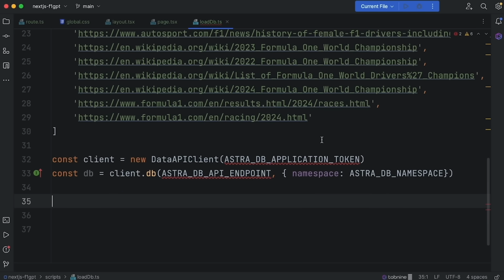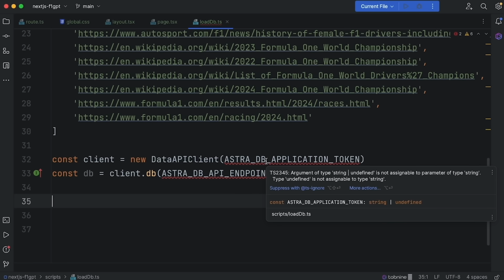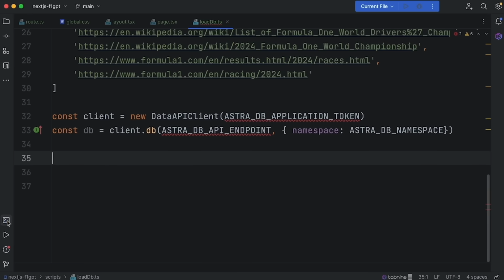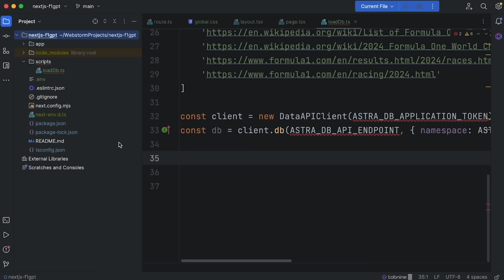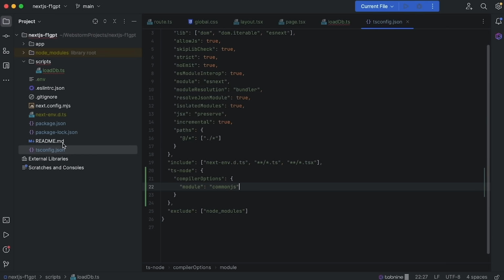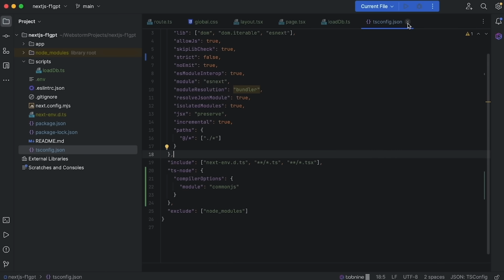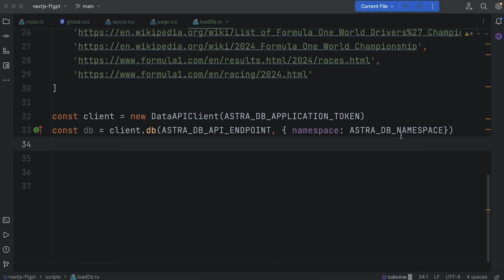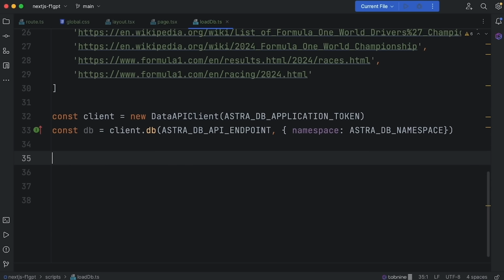Great. Now you will see this coming up in red. This is because we have been very strict with our TypeScript. So if we go back in here, I'm going to save this file, go to tsconfig, put strict as false and hit save. Great, that will get rid of these squiggly lines. Of course, if you want it strict, that's fine. It would just take a lot more TypeScript to get going,